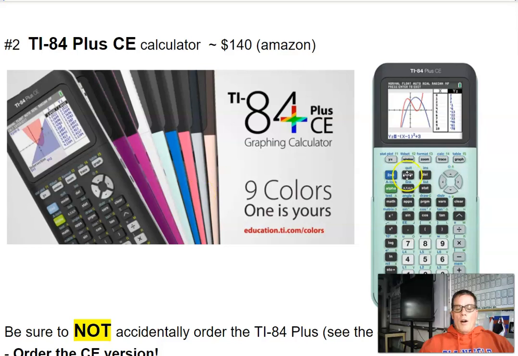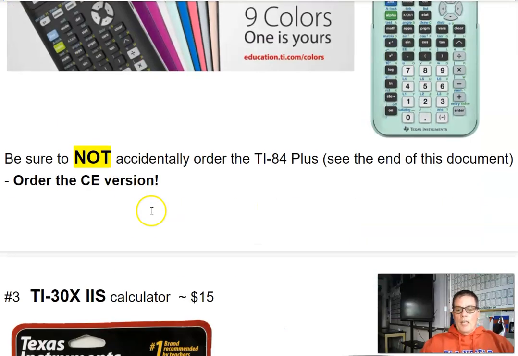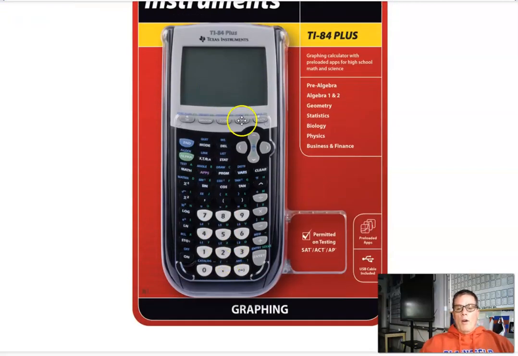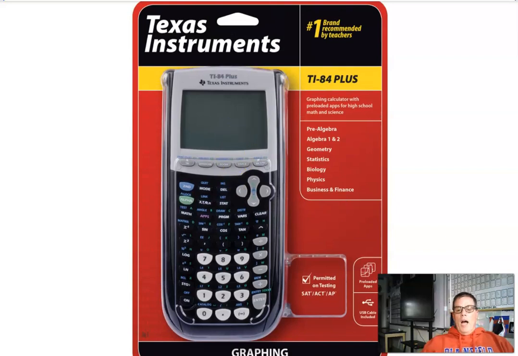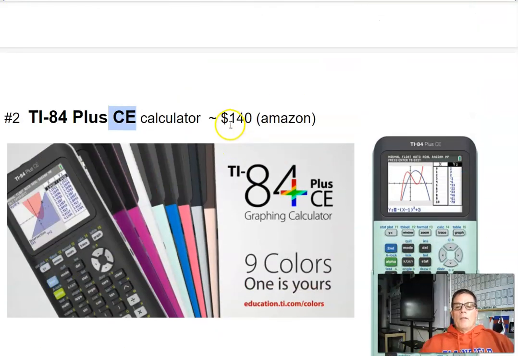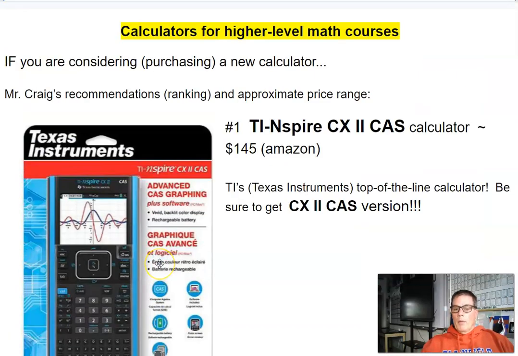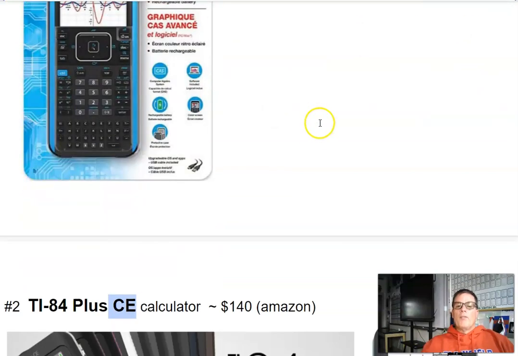These also contain no batteries and they're rechargeable. But if you're getting a TI 84, make sure you get this kind where it says the CE and not this kind, which is garbage. This one requires batteries. It is not backlit. I am not a big fan of this calculator, but a lot of students accidentally go out and buy these because I think TI is trying to really get rid of all of these things, so they keep pushing them out every year. So again, if you're going to get a TI 84, this is the type I would recommend. But again, if you really want to get a good calculator, this is the one.